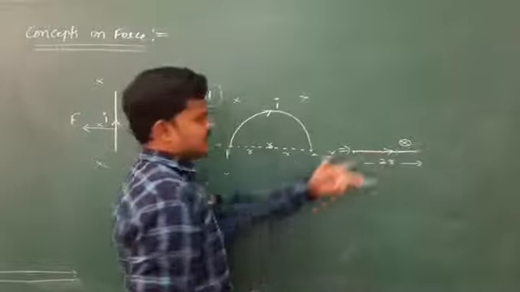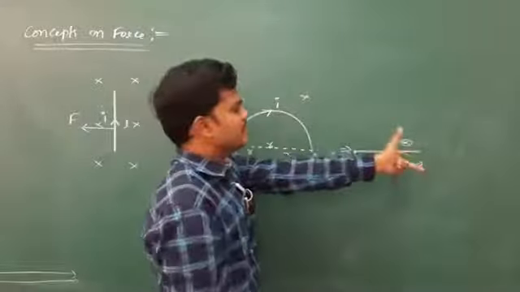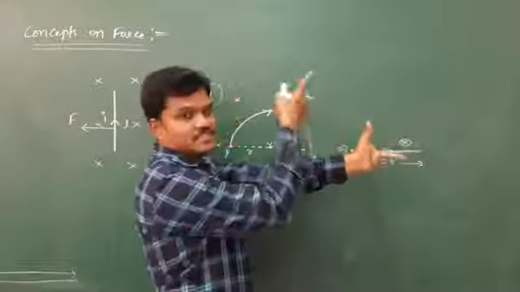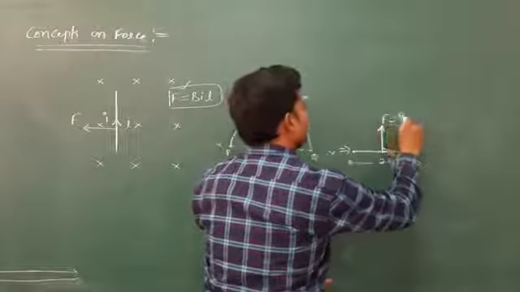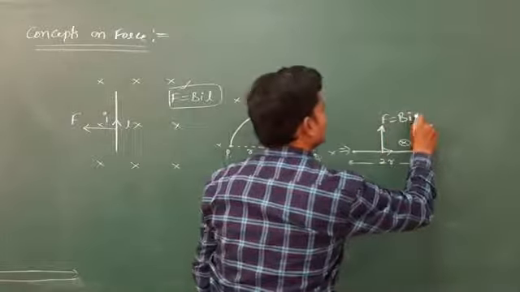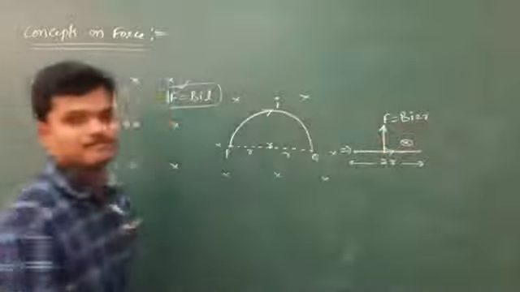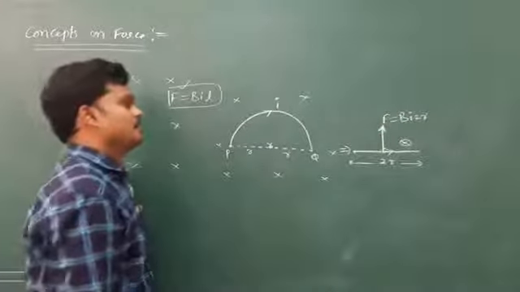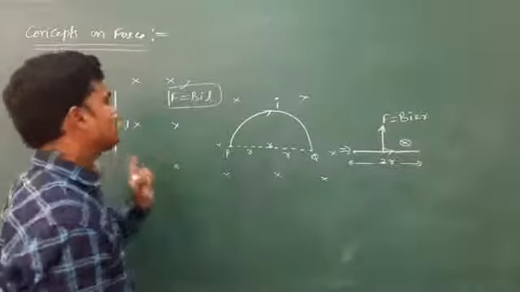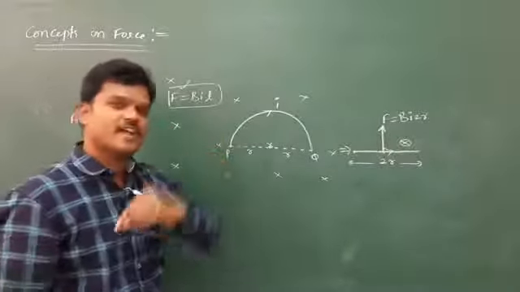So here, the force experienced is, see the place. Magnetic field is into the board, current is there, and see, the force experienced is upward. Here it will experience a force upward, BIL, L nothing but 2R, and this force is upward on the board. So L is what? Displacement. It's not distance. And it is BI 2R. See how to identify this direction of force by using Fleming's right hand rule.